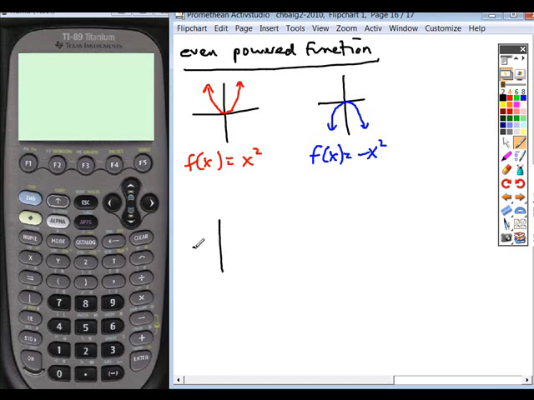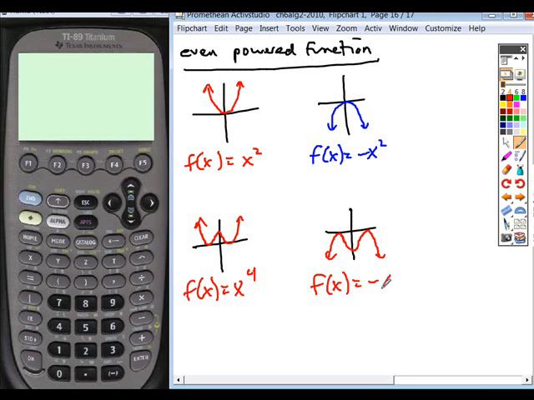We can see the same thing if we look at the power of 4, as well as a power of 4 with a negative leading coefficient. Okay, so this is always going to be true. Again, just like the last one,